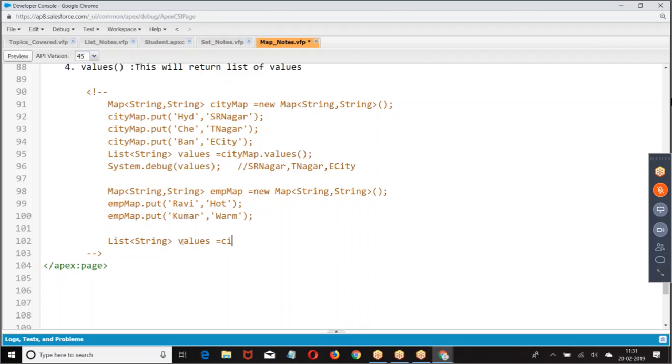Value is equal to EMP map dot values. Then I'm going to take Ravi. I hope you are good with this. KeySet will give you only keys. Values will give you only values.